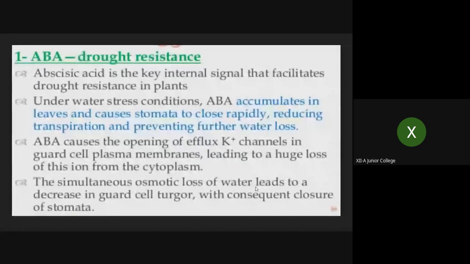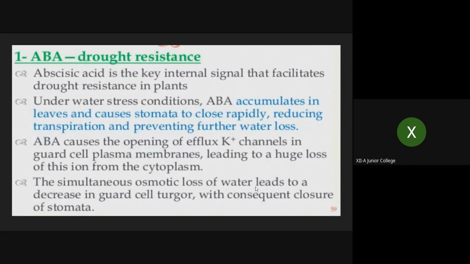If the seeds germinate under unfavorable conditions, what will happen? Whatever food material is present will be consumed by the growing part, the embryo, and after that there will be death. That means the plant will not grow at all. So this is very important: seed dormancy can be promoted, that is, the dormant period can be increased in such cases, for example drought.